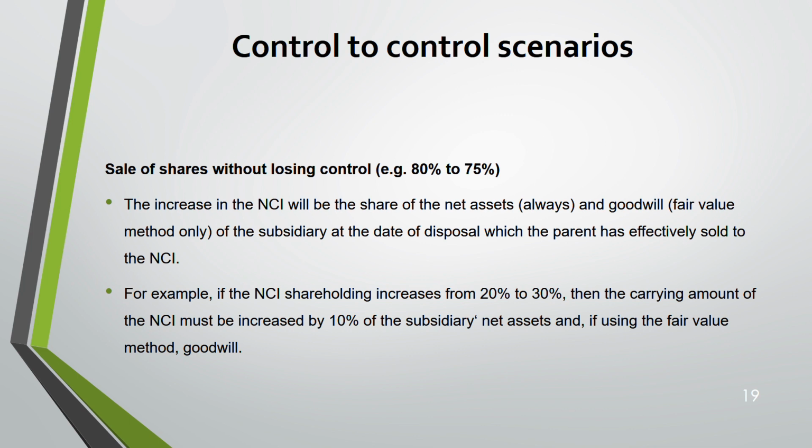If it's goodwill, with the fair value method, remember, only the fair value method has both parts, one for NCI, one for the parent. So if you are having goodwill under the fair value method,